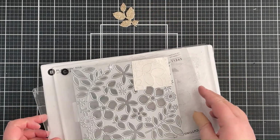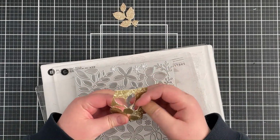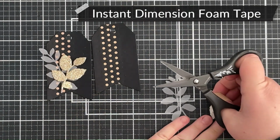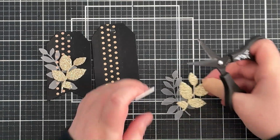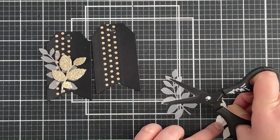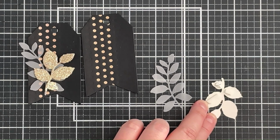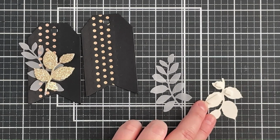And this glitter cardstock does die cut really nicely, and what I love in particular is that the glitter does not shed from this cardstock, so you don't have to worry about any of the mess. I want to adhere the fern piece down onto my tag flat, but I don't want to have any adhesive showing. So I'm taking some small pieces of instant dimension foam tape, adding that towards the bottom leaves of the glitter cardstock piece. I can remove the backings with some tweezers, and then I can adhere that down onto the